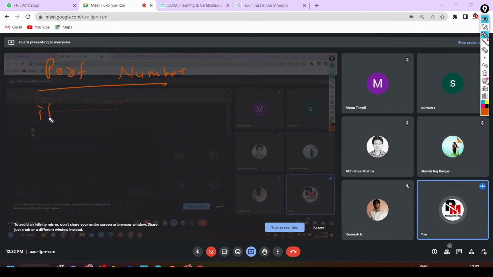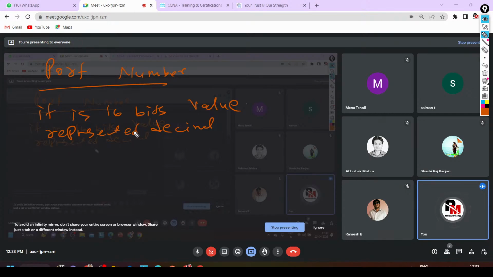It is a 16-bit value, represented in decimal. So may I know the range? The range will be 0 to,